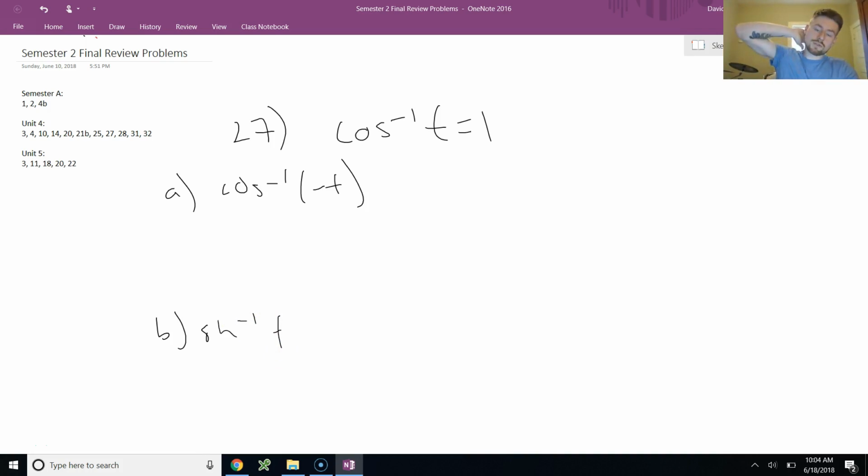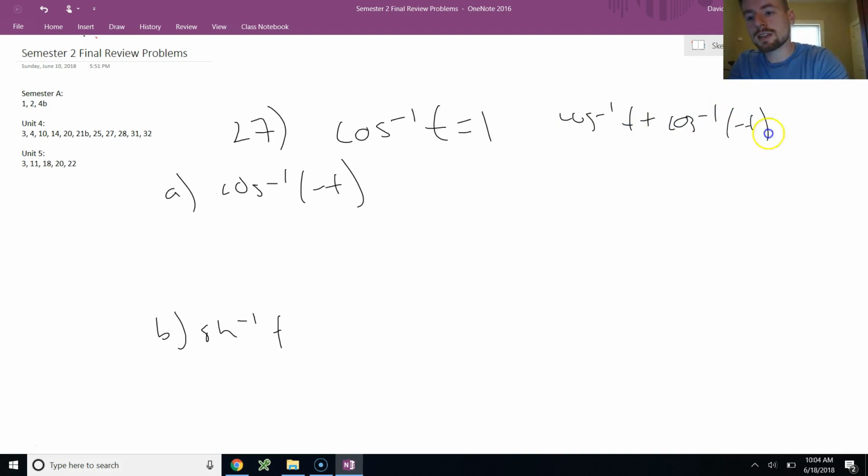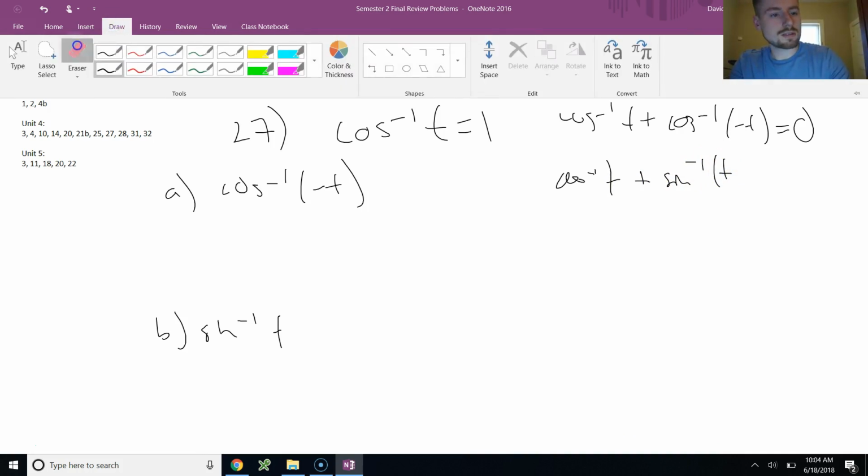Now, I could go through the process of drawing these again, and I will, but there's also two formulas that are nice to recall. One is that cosine inverse t plus cosine inverse negative t is equal to 0. And then the other one is that cosine inverse of t plus sine inverse of t,